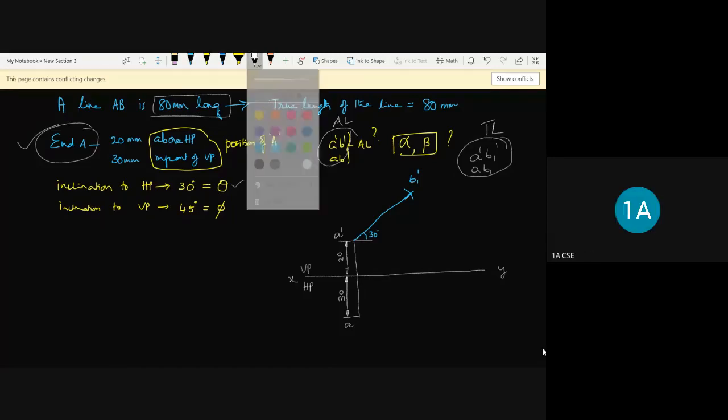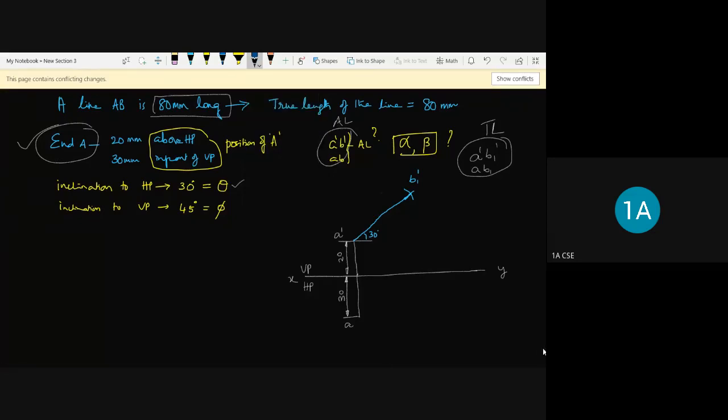Now we are going to draw a locus line through B1 dash. So it's a locus line like this. Just keep it like that. Then we draw the projection from this B1 dash downward so that we get the B2 point. This should be joined like this, and this point is going to be called B2. The direction of projection is also to be mentioned here like this. So now I have done the first thing.